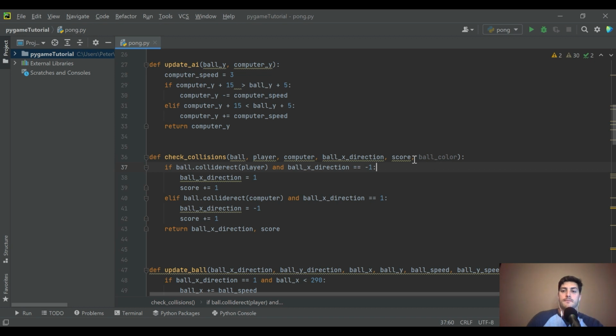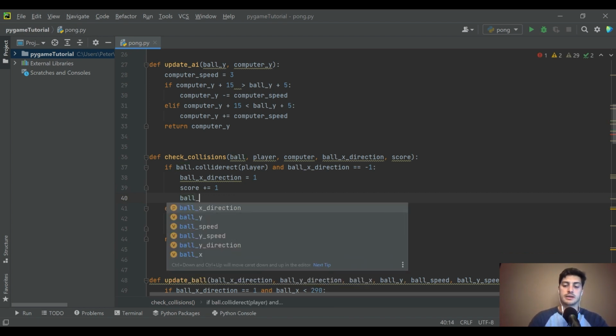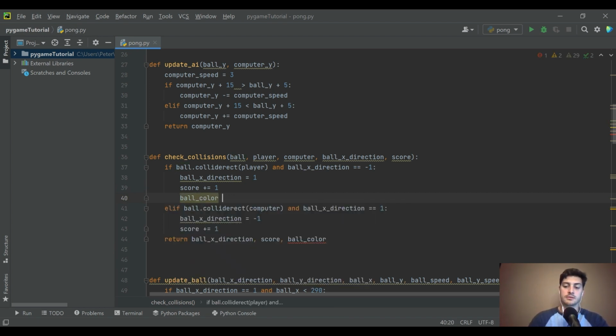So actually we don't even need to pass it in. We are just going to return another variable that I'll call ball_color, and every time the score increments, let's say ball_color equals, and let's grab 3 random integers between 0 and 255. And so you will need to import the random module